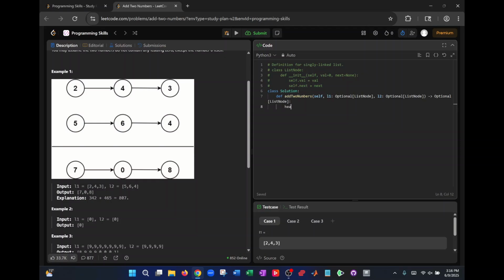So we would start and we would make a head, and so here, I want to make sure that we're making this correct. Okay, so we're going to make the head, and this is just going to be a new list node. Actually, I'm going to call this pre-head,